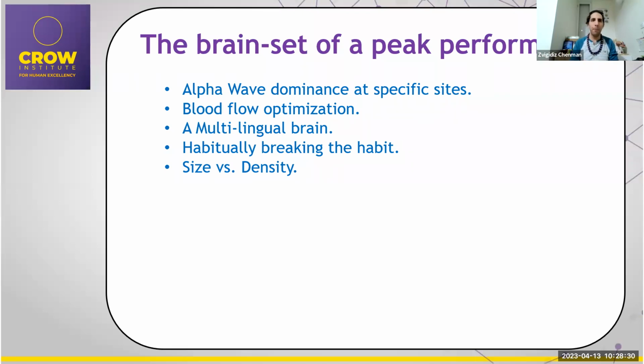And that's something that the peak performer knows how to do, like we've seen before, whether it is driving, flying, or other things. When I say multilingual brain, like I said, the brain talks chemically and it talks electrically, right? We know that there's hormones, which are communicators within the brain and with the body, right? So intra and inter. And we know that there's electricity, like, I don't know if you know a bit about electricity, but there's the 1 and the 0, okay? There's some threshold that once you go above it, neurons start to work, you go below it, they close off, okay? So it's called inhibition or excitation.